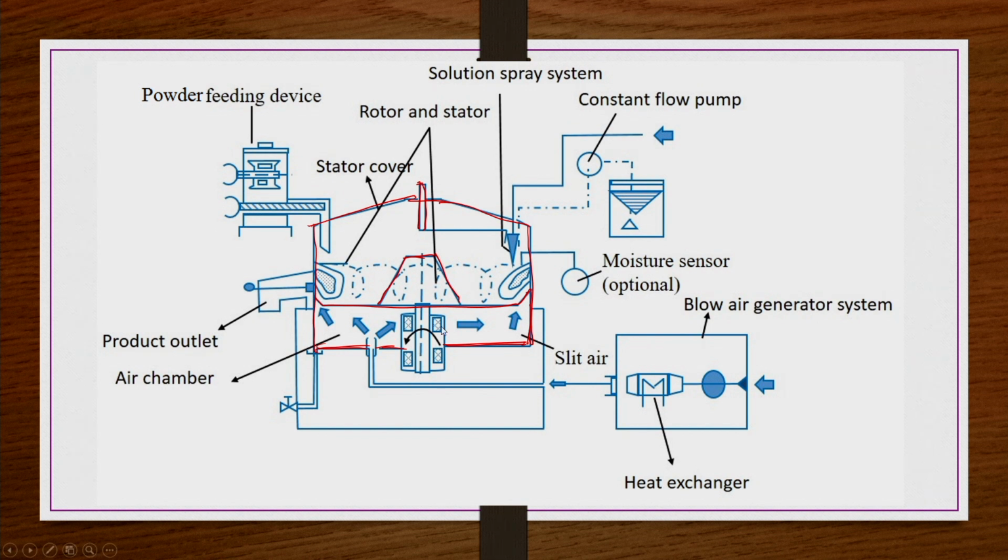This is the main section actually. To this section the powder comes through a powder feeding device and joins the container here. There is also provision for a constant flow pump, so that the liquid binder that you need to use for the size enlargement can come in. These are just a schematic representation; they do not necessarily come at the wall of the container, they may come somewhere here, or somewhere here.